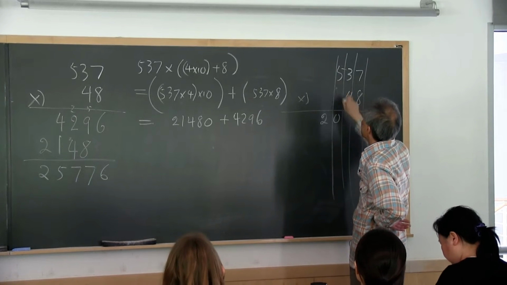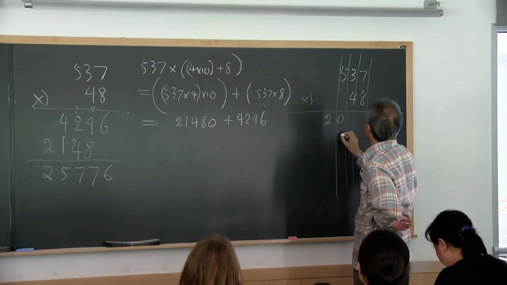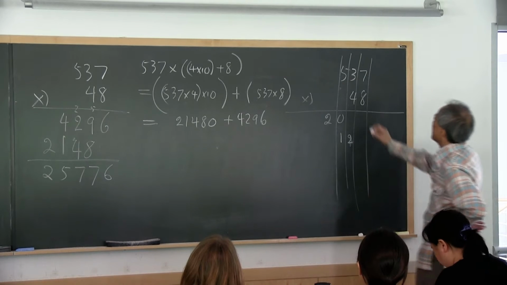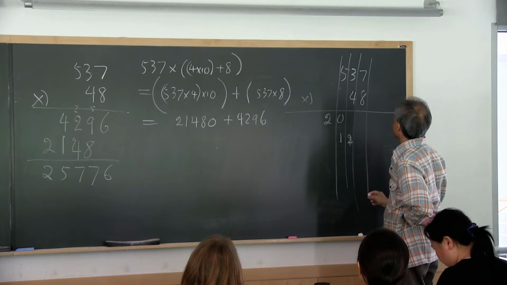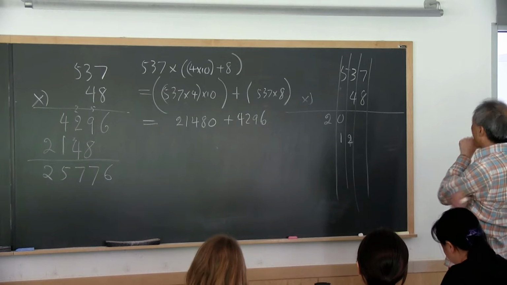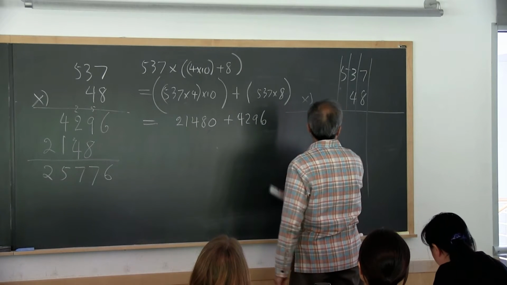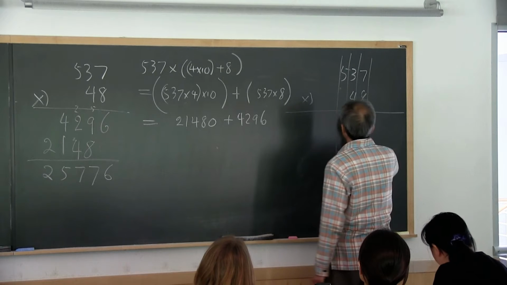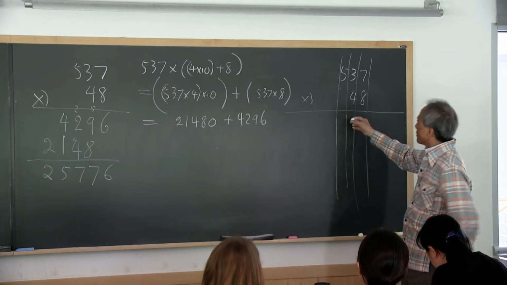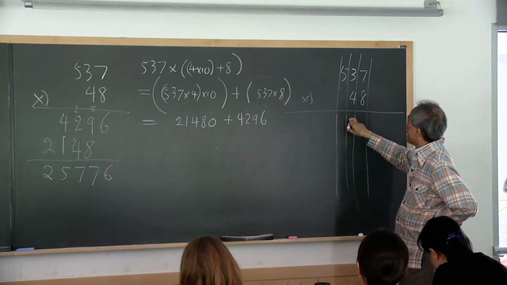So 4 times this. 4 times 3, 12, right? 4 times 7. I think I got it wrong. No, I have to shift it once. Sorry. You can see that I don't use this too often. Okay, so when you see this digit is 20, instead of writing 20, you have to write it